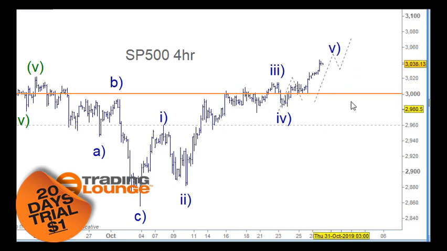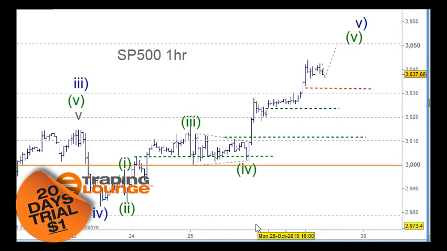So I will take that on board, and we'll be mindful of that and how we can approach it. But we'll stay with what we've got for the time being. On the outside, I've got this up here as 1 and 2, and then counting 1, 2, 3, 4, and 5 here for the third wave. And then we had that fourth wave in here, which was a bit of a triangle pattern. Now this would count differently on the cash market, because the cash market didn't have this triangle in here, because of the off hours with the futures market, because this is a CFD that incorporates the futures